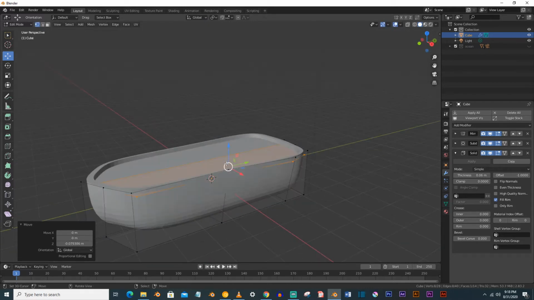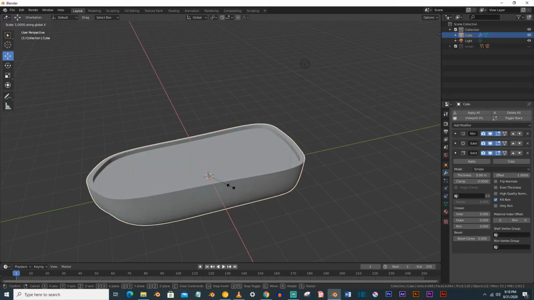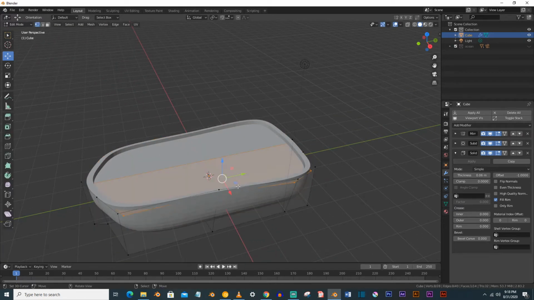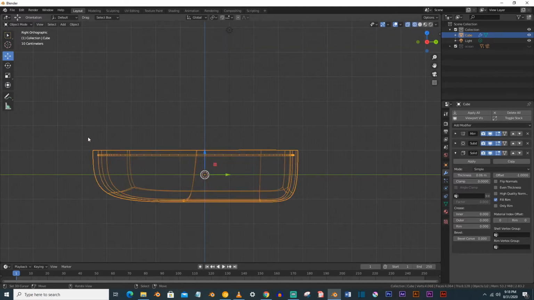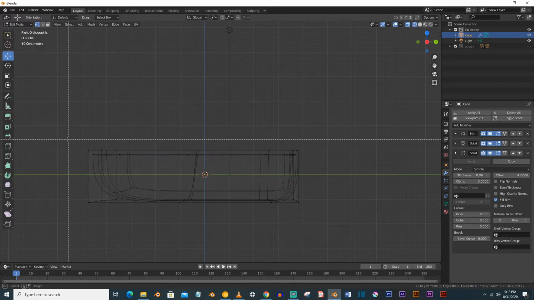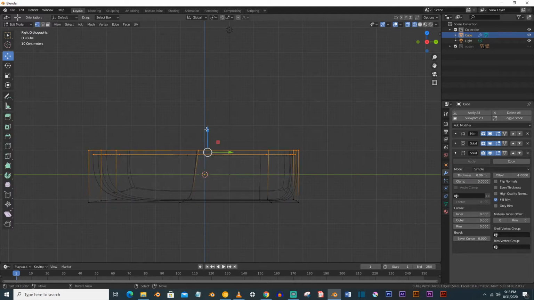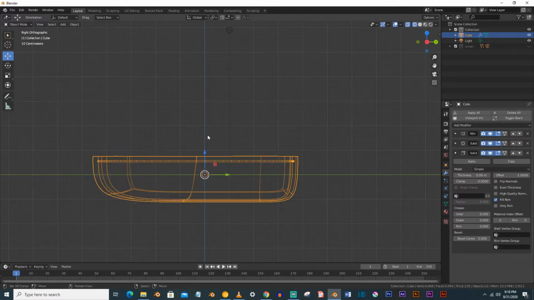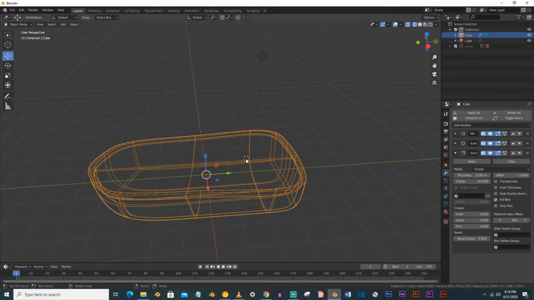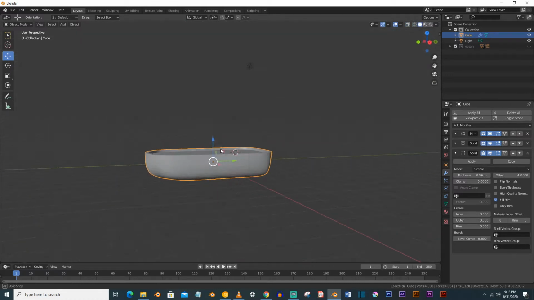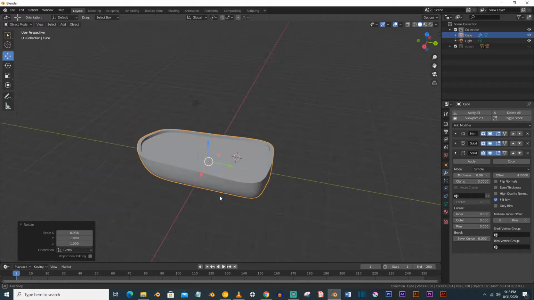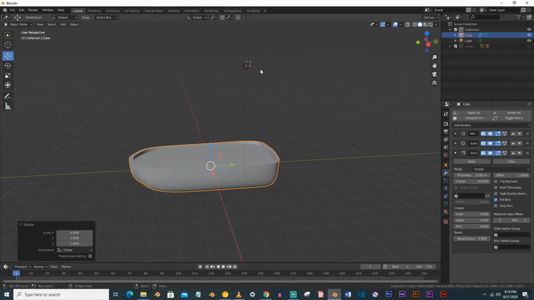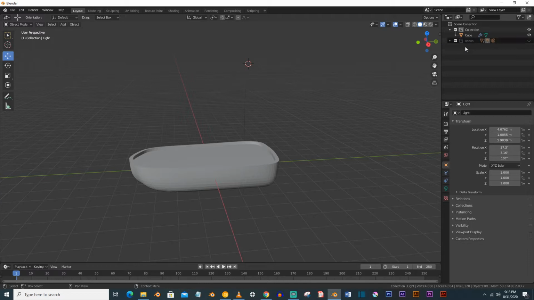And what you can do, you can just scale it on the x-axis and go to the wireframe mode by pressing Z and select these upper faces, make them a little bit down, something like this. Go to the solid mode, and I think this is looking just fine. And move it also to the ocean.